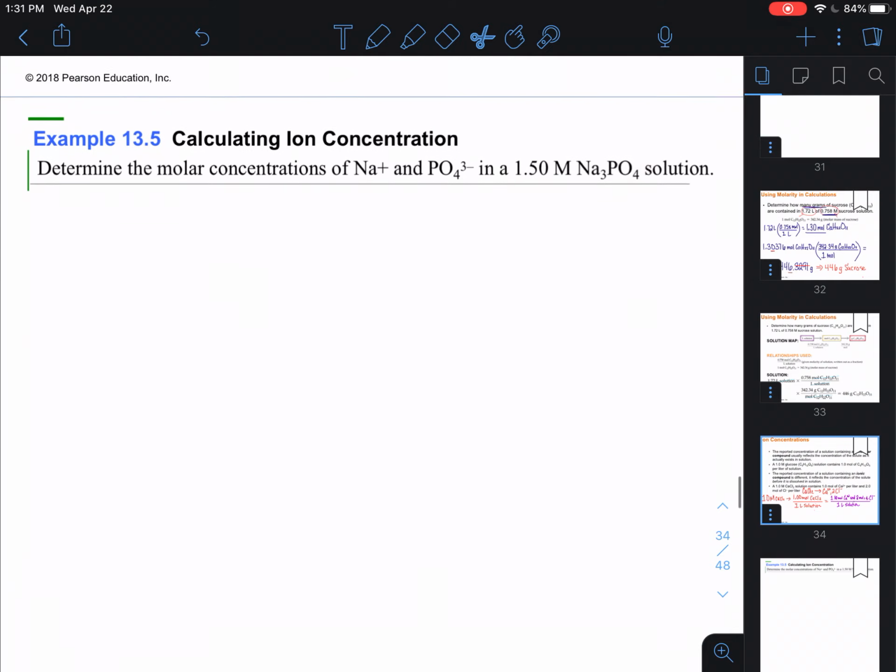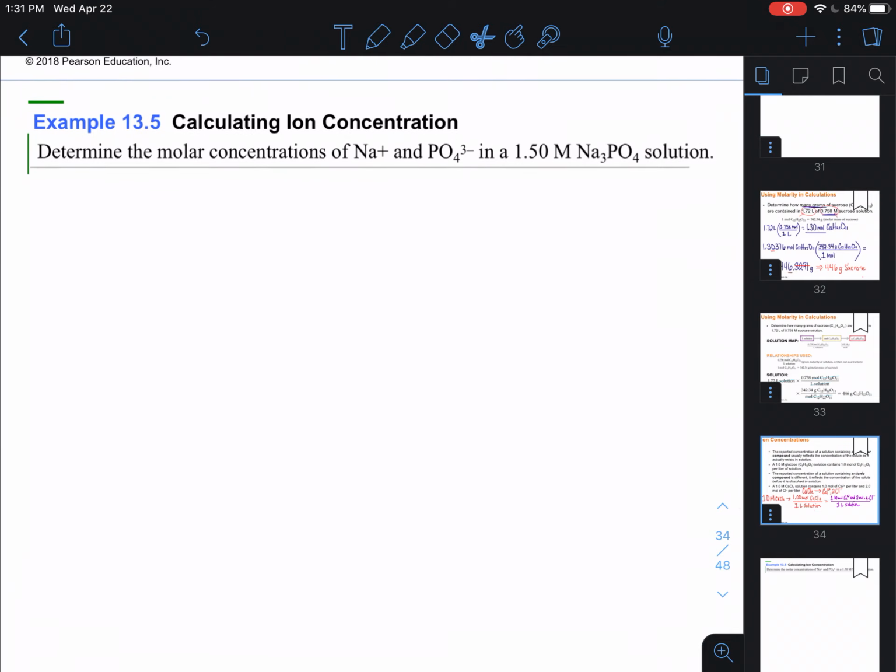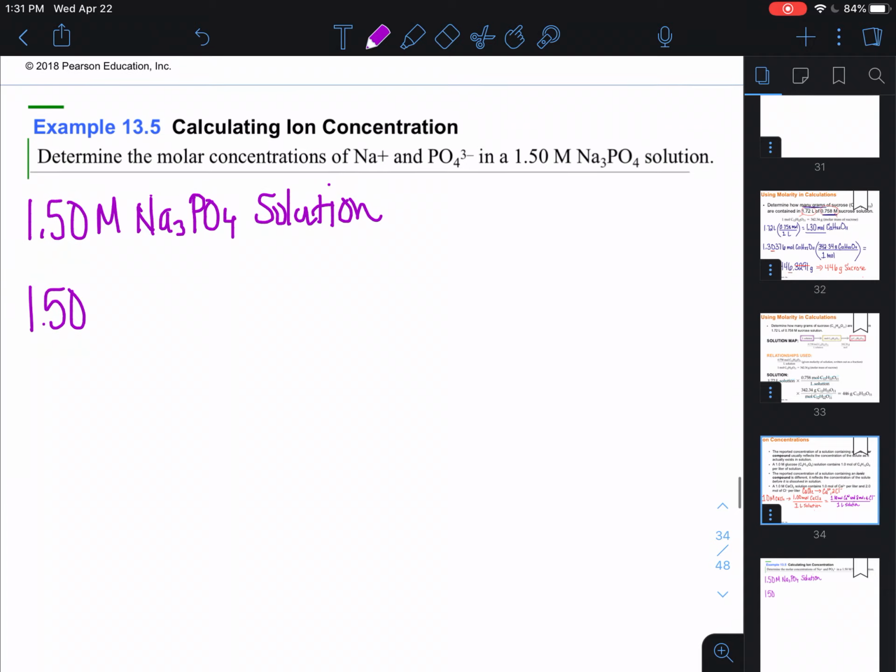So, determine the molar concentration of sodium cation and phosphate anion in a 1.50 molar Na3PO4 solution. All right. So, this means that for every 1.50 moles of Na3PO4,